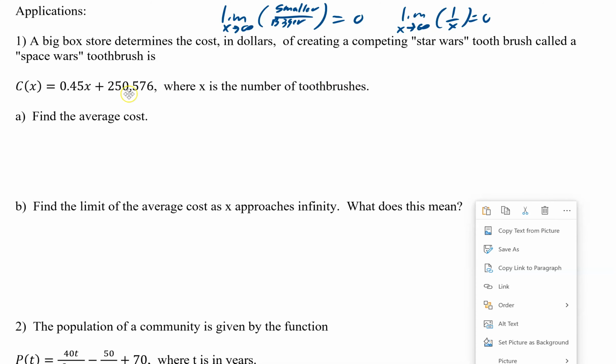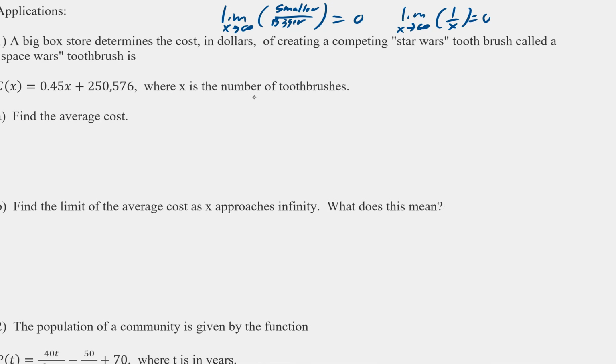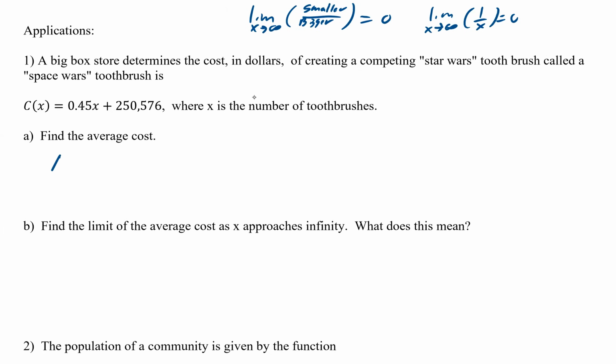We have our cost function here, and so x is the number of toothbrushes, and c is the cost. So it's the cost to make that many toothbrushes. So they have some $250,000 worth of startup costs. And then it's 45 cents a toothbrush to make these. So what we want to do is find the average cost of our toothbrush, some function that tells us the average cost. So to find average cost,